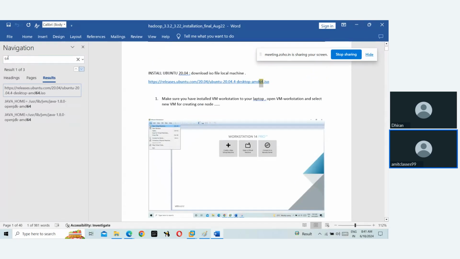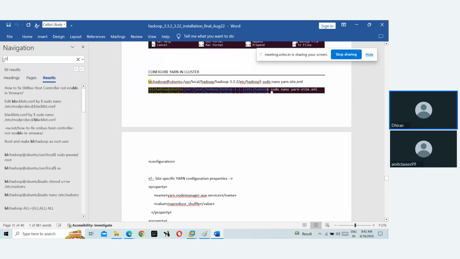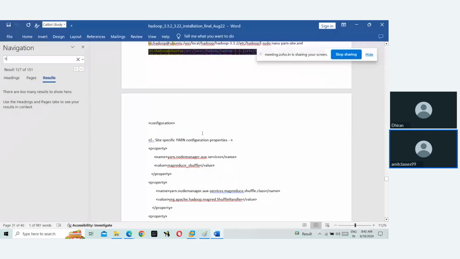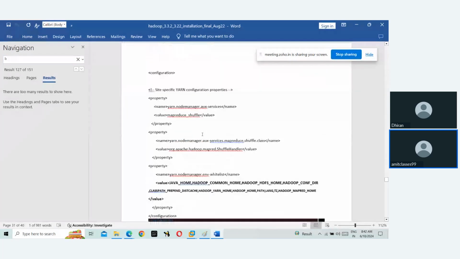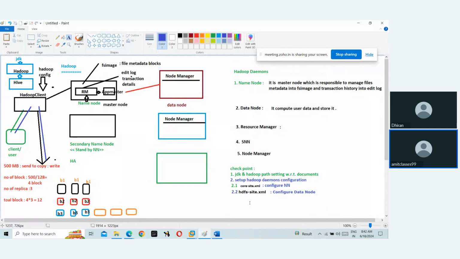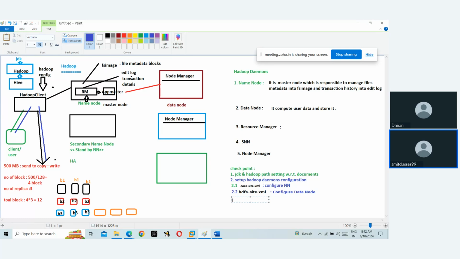Actually, I wanted to show you that block size, because by default it will be 128 block right now. I was looking whether I have any configurations anywhere that I'm not seeing. So in hdfs.xml we configure the name node and data node. Next, we need to configure